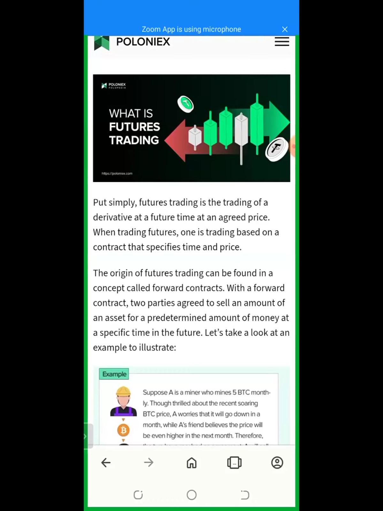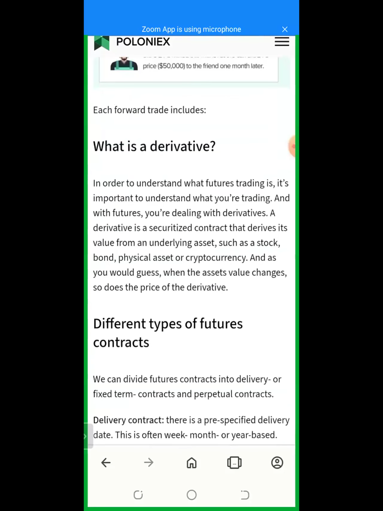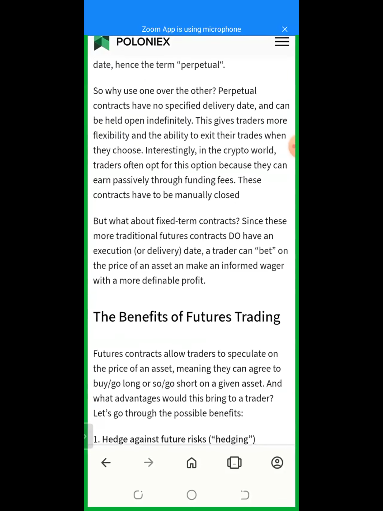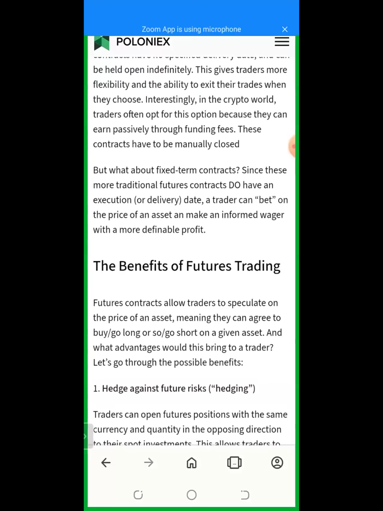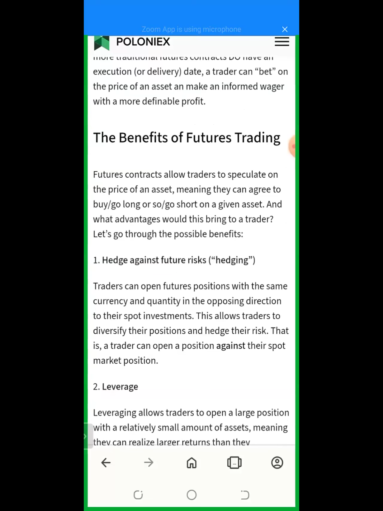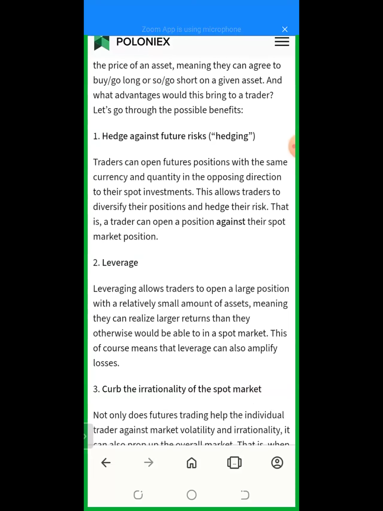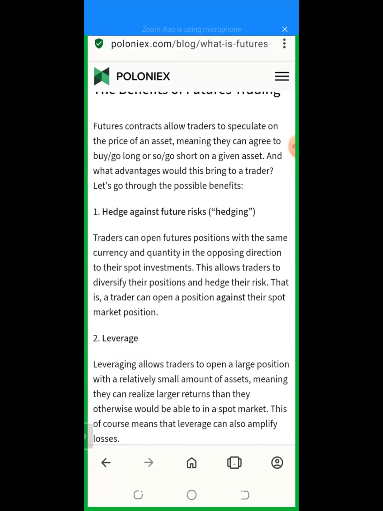So when I check all these definitions, to me, what is a derivative? I really couldn't understand it until I practicalized it, and now I can give you a definition in a layman's way that you can really understand. Because if you are using all these definitions as a layman that has not engaged in trading before, you'll not be able to understand. So that's why I'm breaking it down to a layman's understanding.